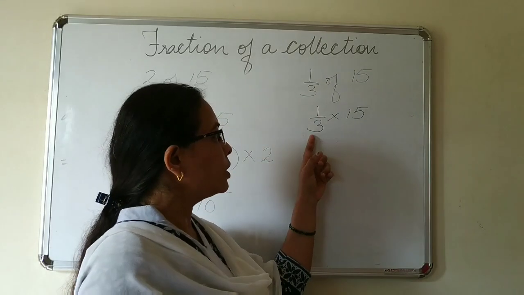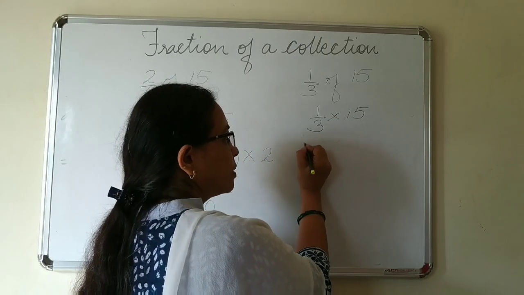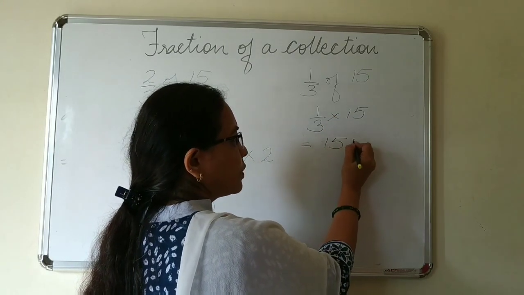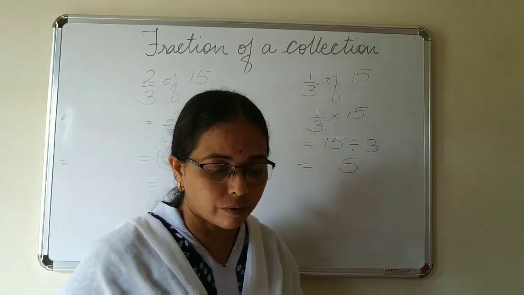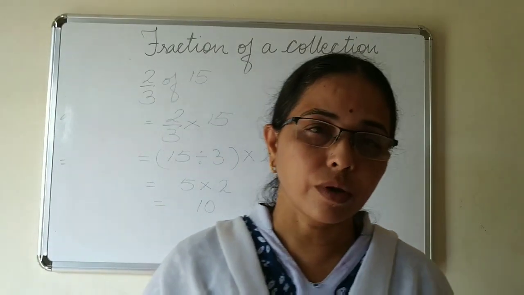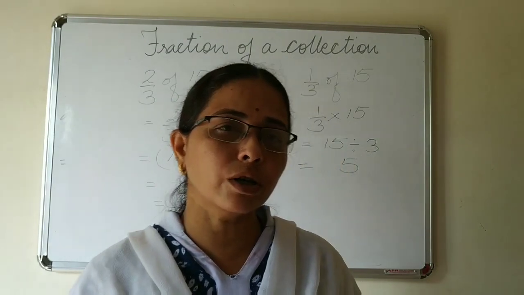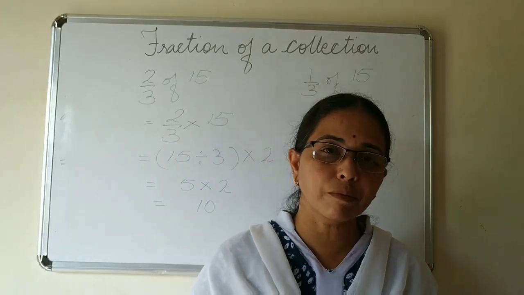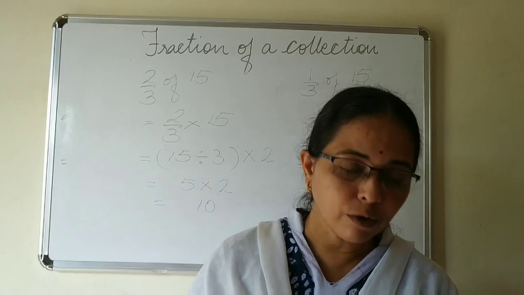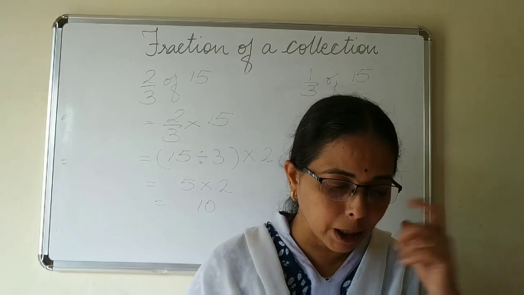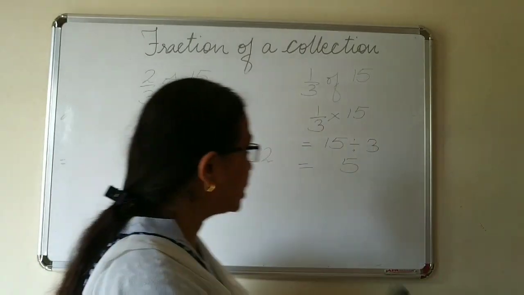Now the denominator, as I have told you, usually means division only, so we will divide this 15 by 3 and we will get 5. So you are going to give me 5 chocolates if I ask for 1/3. Now there are problems in problem set 23. First I will show you the first sum, then you will do the others.